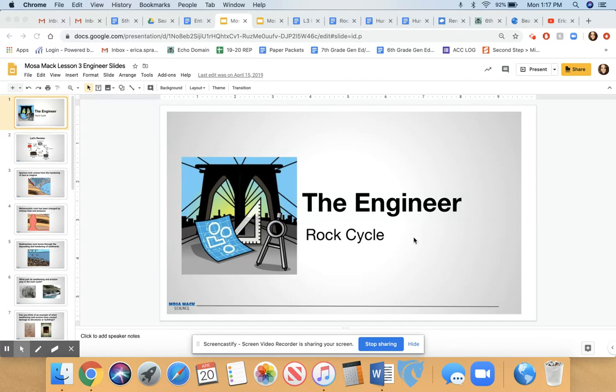certain parts of it. So in the MOSAMAC projects, the final part of the project is always the engineering part. And this is where we're asked to build or design. For this particular project, we're going to have to stop at the design phase. But if you want to try to build something and you're at home and have the supplies, you're welcome to do that. So before I start this slideshow on the engineering portion of the MOSAMAC, I want to bring you